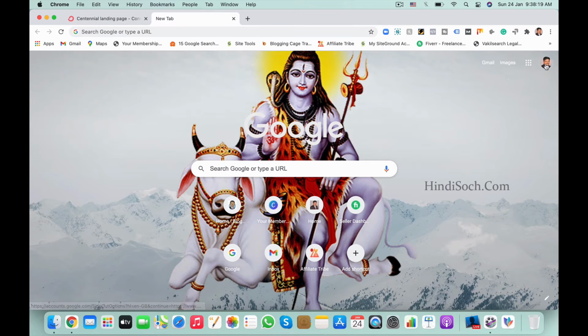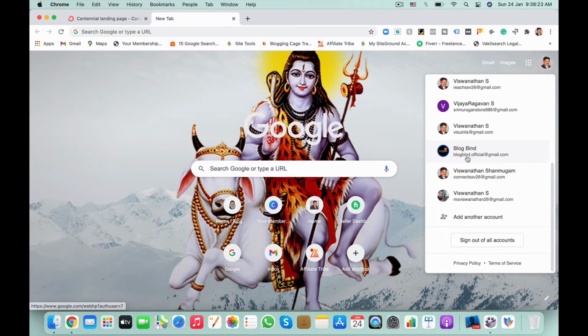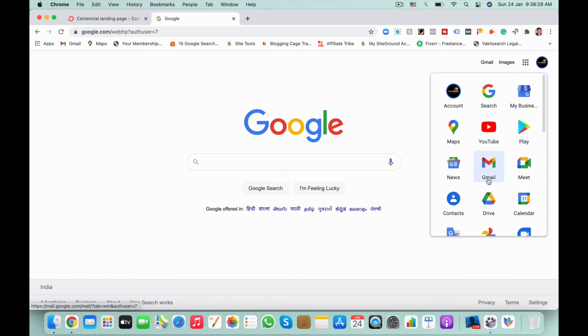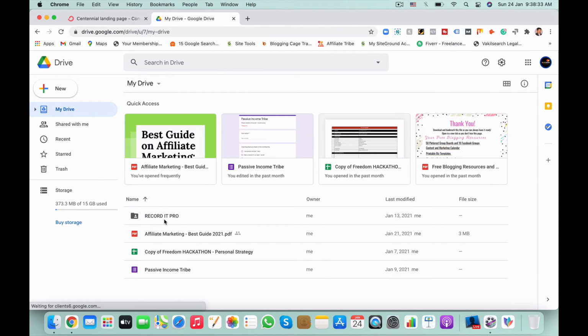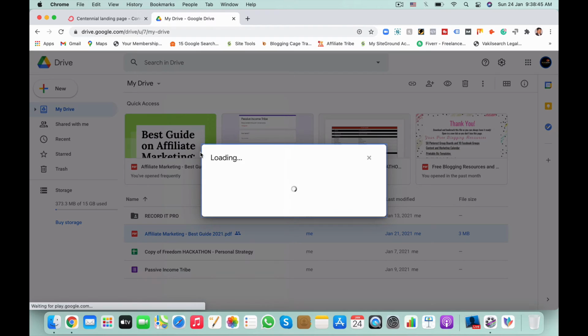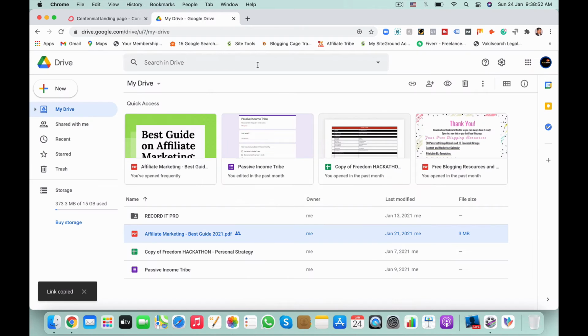So go to Google Drive. This is the resource guide I have already created. Right click, get the link, anyone with the link, copy, done.